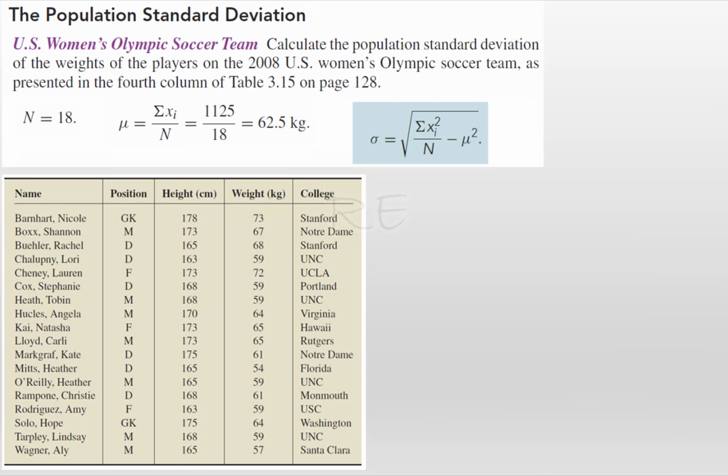If we use the computing formula to get the population standard deviation, what we need to do is calculate the sum of the squared observations, which means we square 73 and add it to the square of 67, add it to the square of 68, and so on until the last observation, 57, squared. Well, that sum is equal to